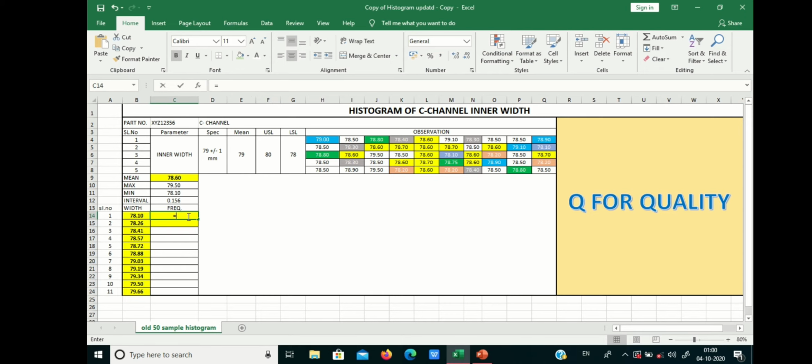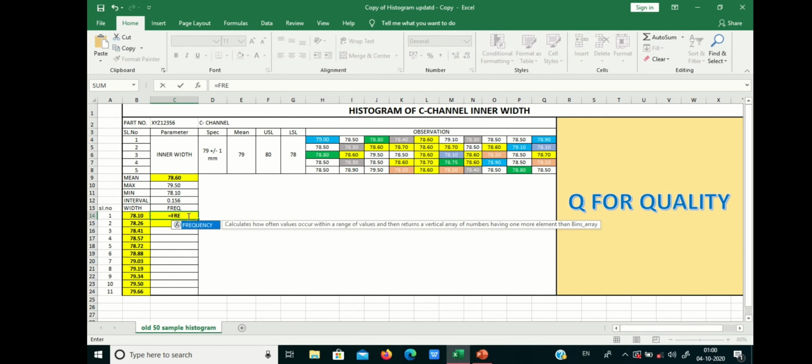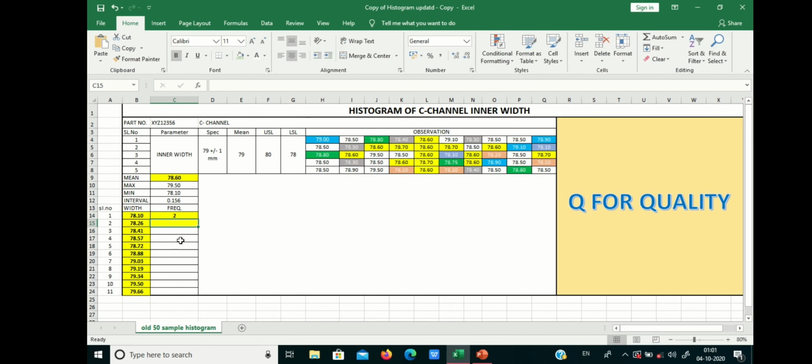Now we will calculate the frequencies. Formula for calculating frequency is: select frequency, set data array, total 50 observations, comma, select these bin arrays. Now say enter. Frequency of 78.10 is 2.